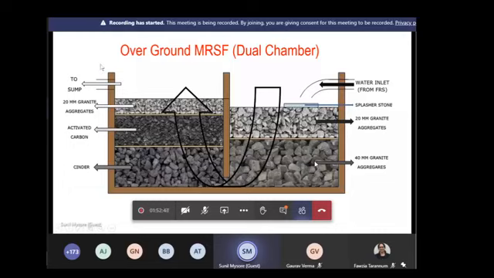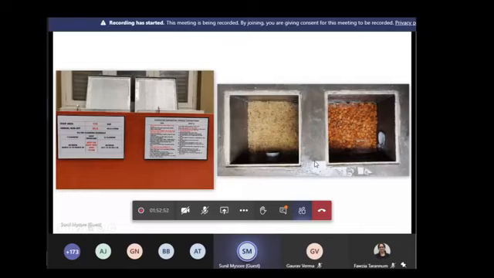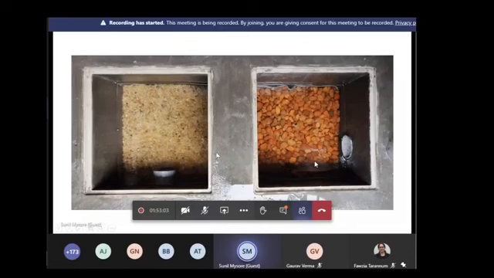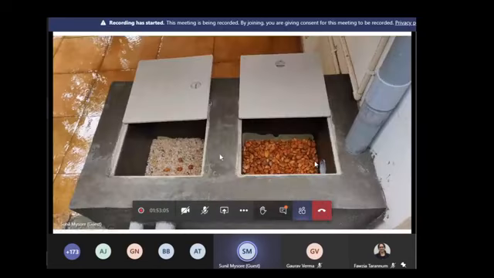This is what the 2-chamber filter is going to look like. It comes from here, goes down through the filters, comes from the bottom, comes up and overflows from here. This is a typical design of a 2-chamber filter. This is a closer look at the same thing. From the top it comes here, chamber 1, chamber 2, then it gets into the sump.